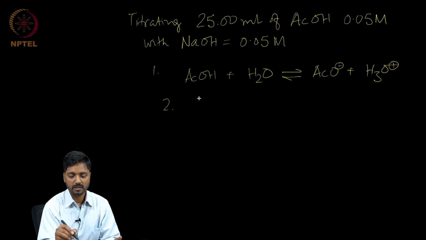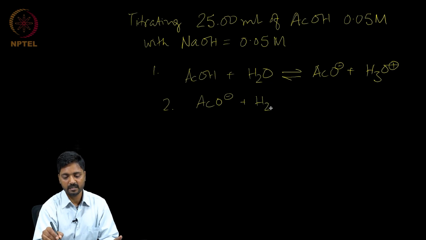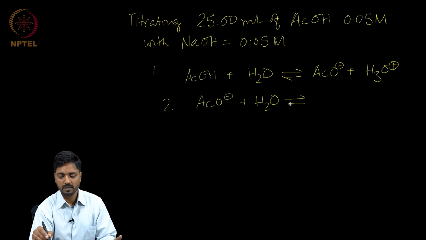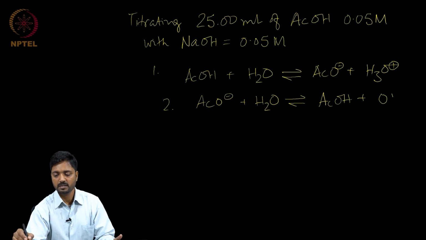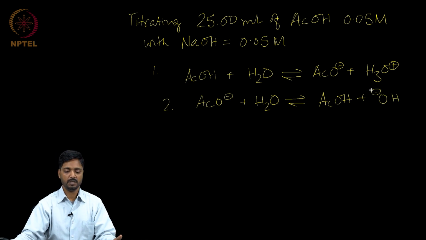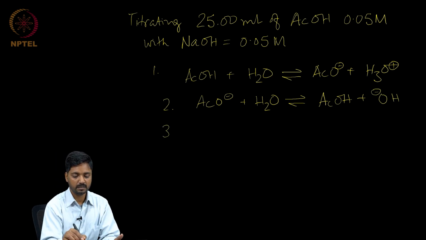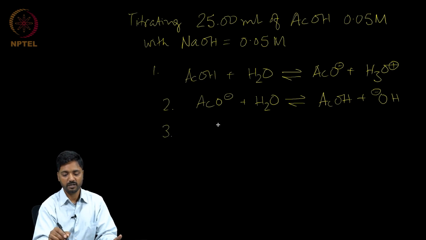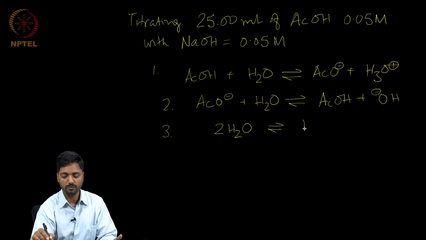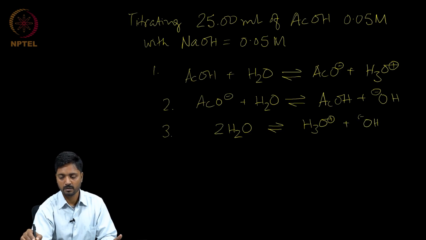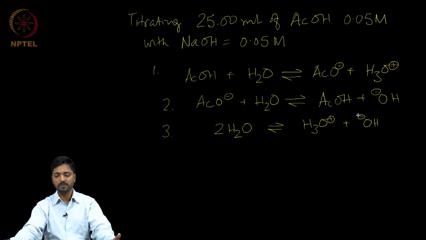The second one is the reverse process, where the acetate ion, being a weak base, reacts with water and accepts its proton to convert back to acetic acid and generates hydroxyl ion. And the third equilibrium that may be of relevance again is the self dissociation of water. So, these are the three equilibria